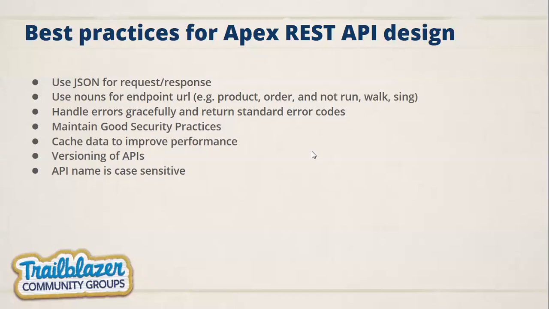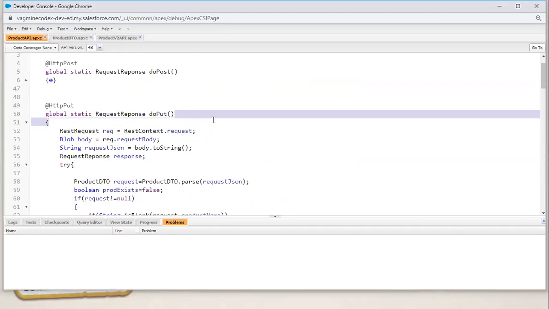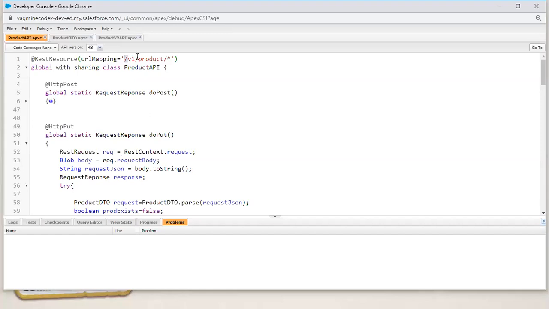In the class, on top I have written /v1/product. So by default, the version will be v1. When a new client wants another version of this product API, you create a new class and just put v2 on the URL mapping. So now v1 is still working, there's no impact on v1, and the 5 clients who need the new API will get v2/product. So they will access this API now. That's why versioning is very important for new clients.